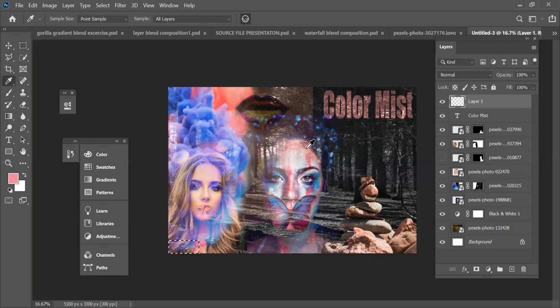So I'll take this color probably and I'll fill in with alt backspace. And I'll just duplicate the color. Another one here. And then select maybe a blue this time, alt backspace.